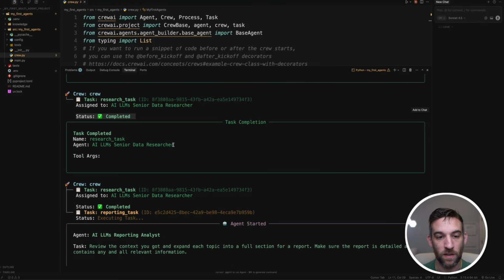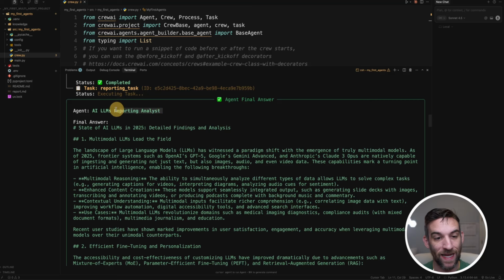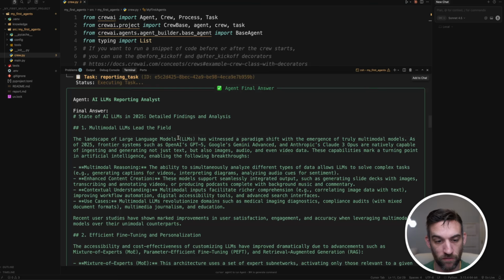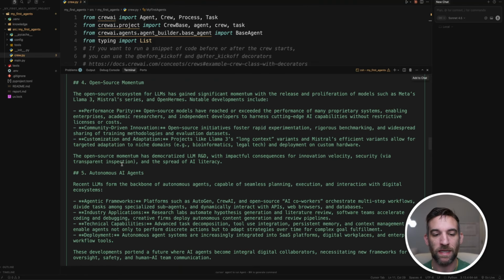Now that that's completed, the next one is the reporting task. Okay, so now we have a reporting analyst who's going to review that context and expand each topic into a full section for a report, okay? And then it's going to actually create a markdown file with the full report of everything that we saw right here. Then the agent with the reporting task, the final answer is that it created the State of AI LLM, the 2025 file, expanding into each topic and making it organized so that